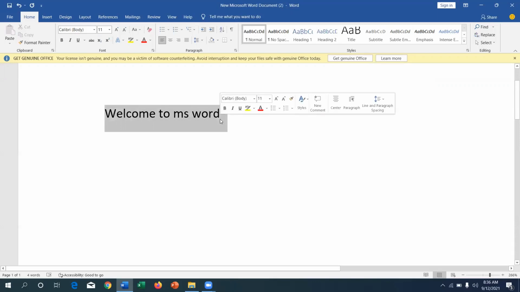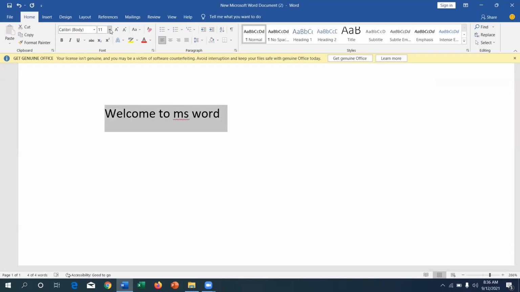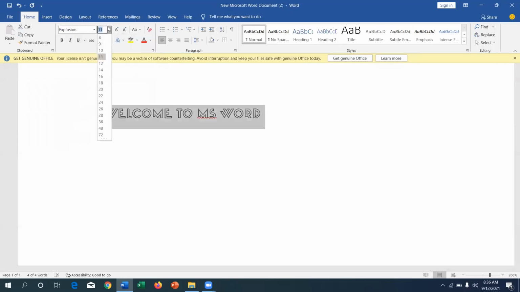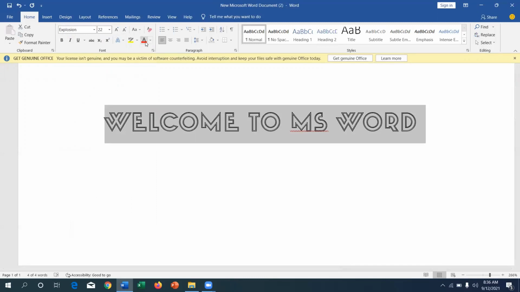Now, if you need to increase or change the font style, here is the font. Any font you may select, and the font size. You may apply the text color and so on. You may apply different types of style and formatting on the text that you have written over the screen